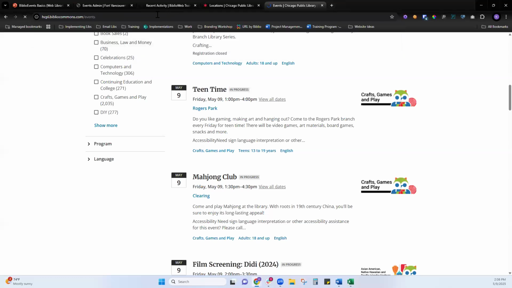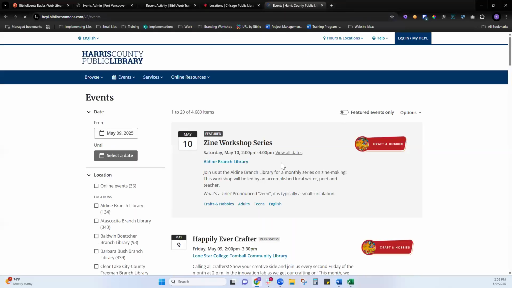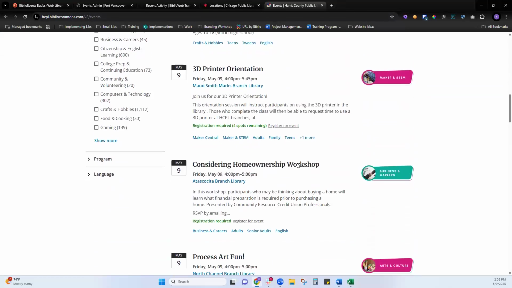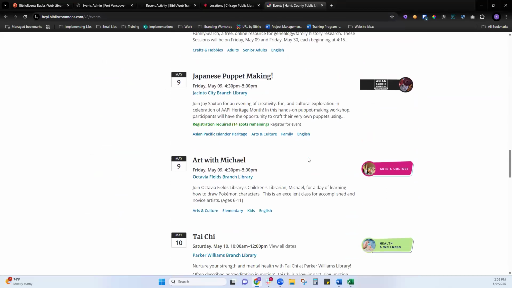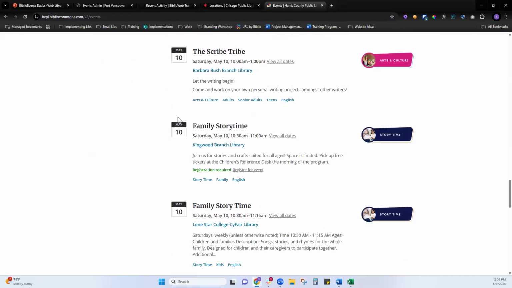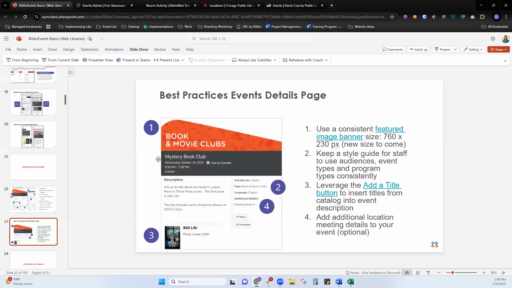So you can see there's usually some kind of look and feel with different event libraries. Like here's their graphics, for example. So pretty consistent for the most part. So come up with some kind of image strategy. I also have